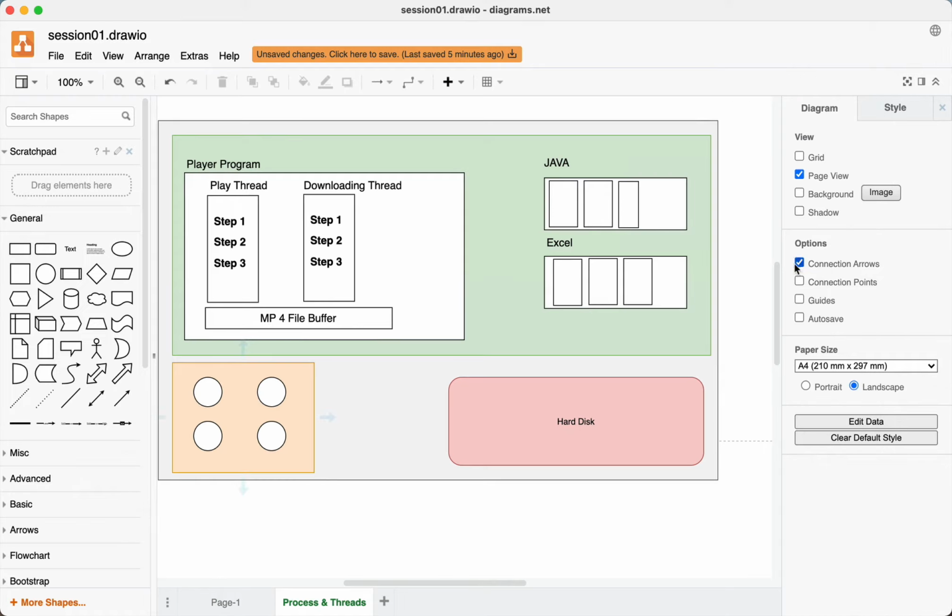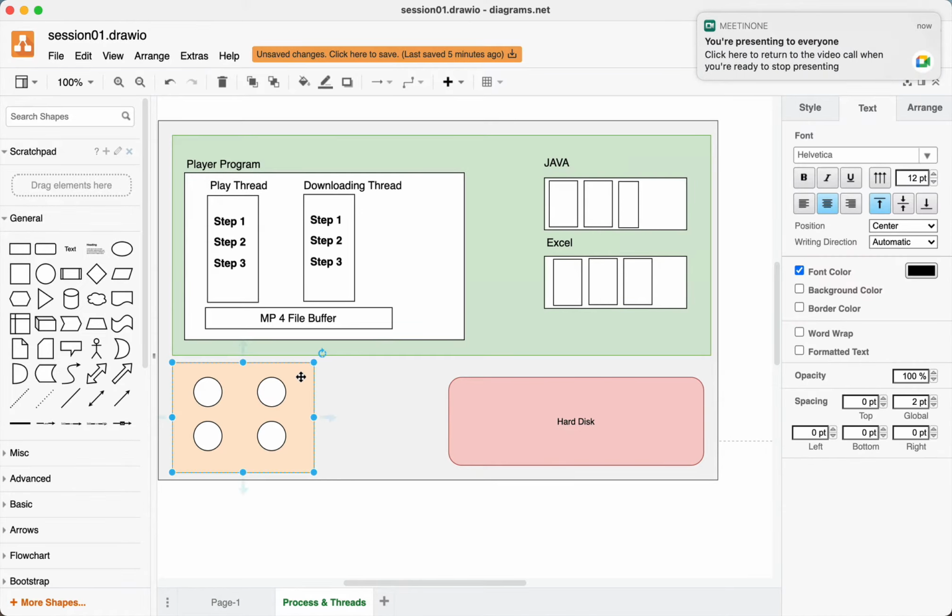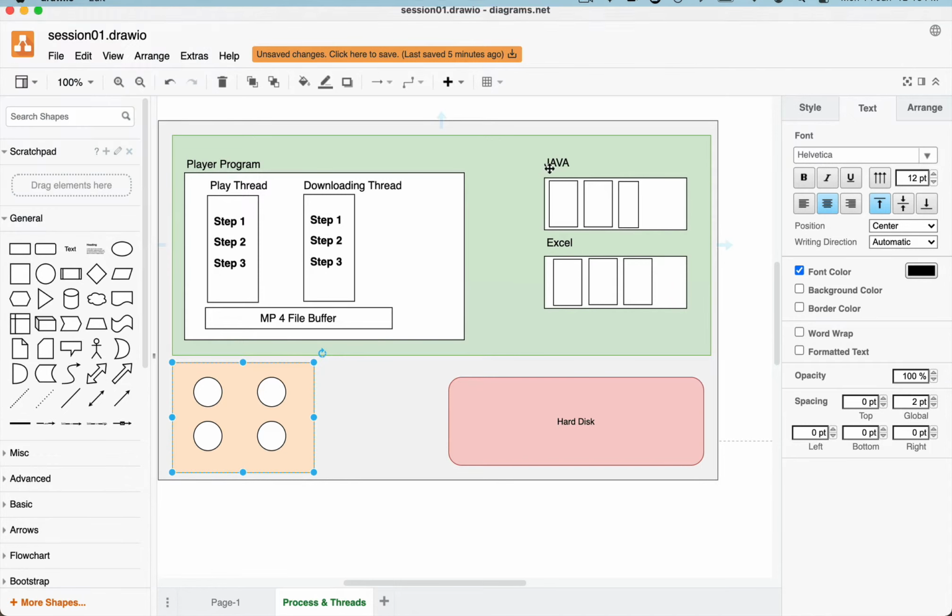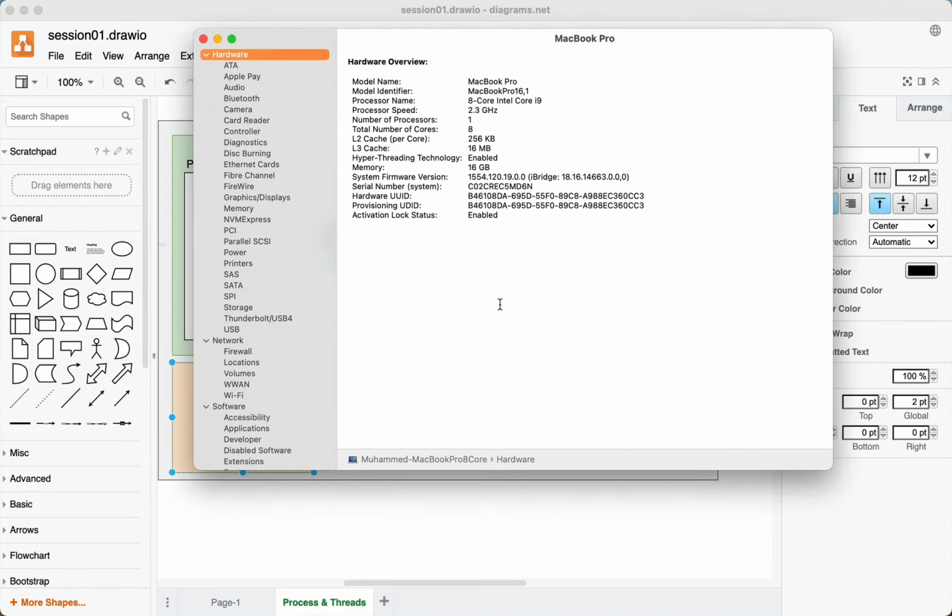So at any one given point in time, though I have one processor, it's a multi-core processor, 4 cores, a quad-core machine. Well, on my machine, I have 8 cores. This is the latest Mac. I have an 8-core machine. So I have 8 cores on this machine, and there are 8 threads that will be executed.